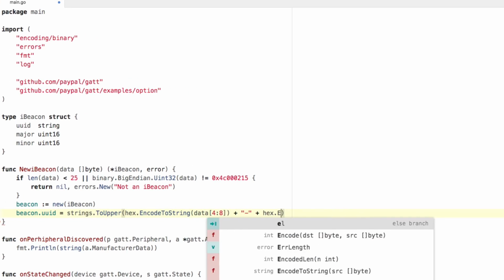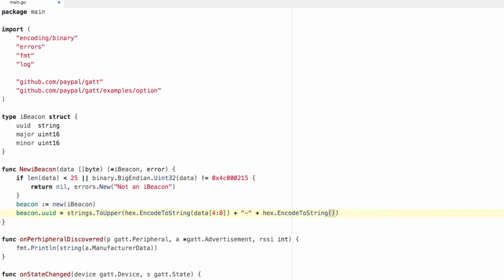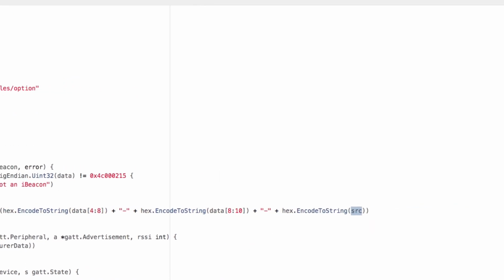Plus hex.EncodeToString data 8 to 10, plus hex.EncodeToString, and then we want data 10 to 12, plus